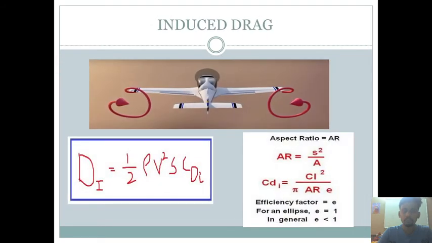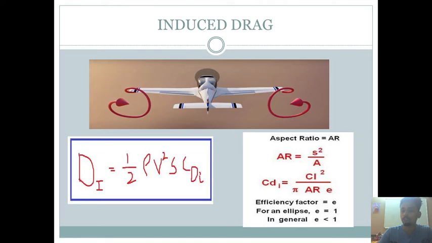So the induced drag formula: Di is equal to half rho V squared S CDi. CDi is nothing but the coefficient of induced drag. The coefficient of induced drag formula is CDi is equal to CL squared by pi AR e. The AR is nothing but the aspect ratio and e is the efficiency factor. So from this formula we can see that